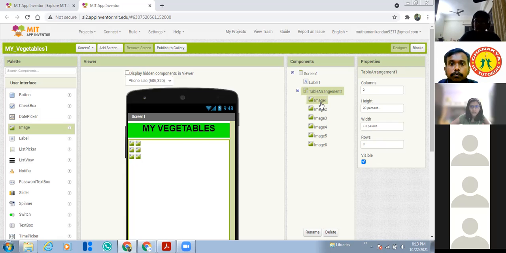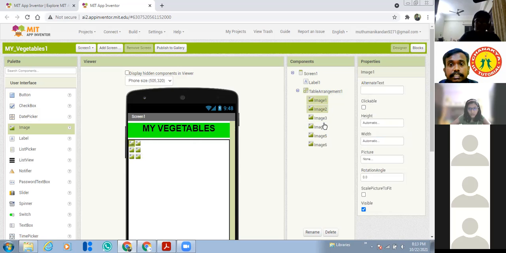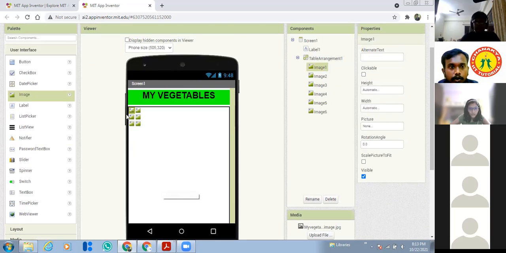Now I have to set the properties for the images. Can anyone tell me how much height I can give for each image so that the entire space will be effectively occupied? 30%, exactly, very good.